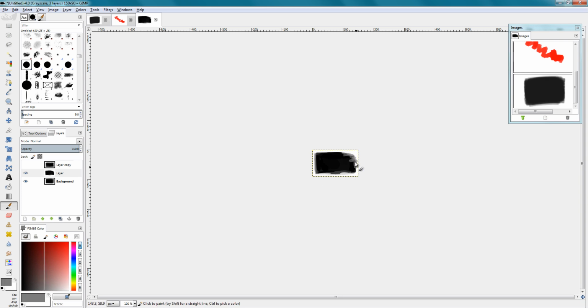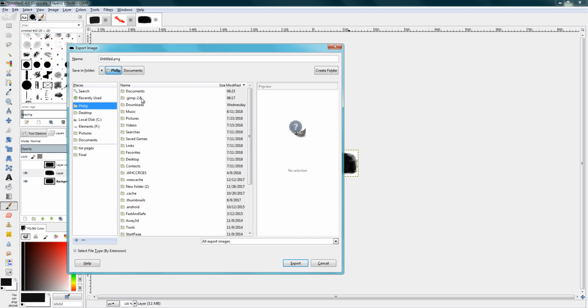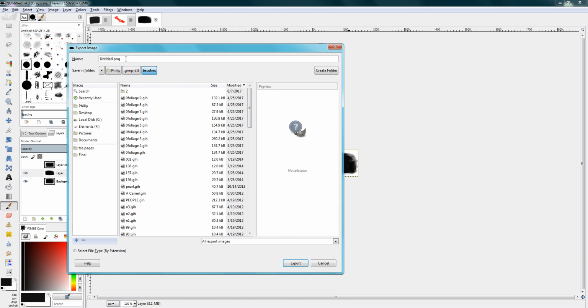so that when it's all done, it will have a more organic look. Once you're satisfied with your layers, you'll save the brush by going to File, Export As, and then you'll find your Gimp brush folder. It should be in Computer, Users, whatever your username is, and then in the Gimp folder will be another one called Brushes. That's where you'll export your brush as a GIH file,